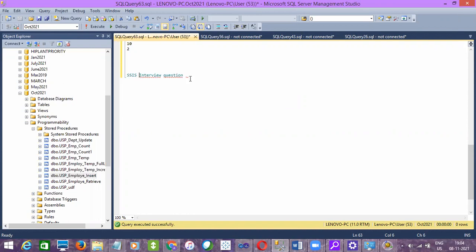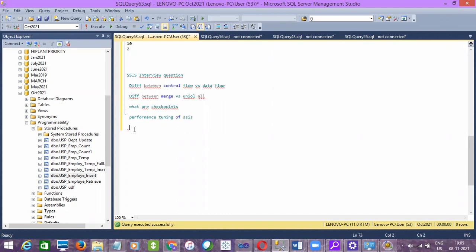Quickly I'll tell you the interview questions for SSIS. They'll ask you the difference between control flow versus data flow, and the difference between merge versus union all, and what are checkpoints. They can ask you directly about checkpoints, or if I want to start from the point of failure, what I need to do in SSIS, they can ask either way, right? And performance tuning of SSIS.